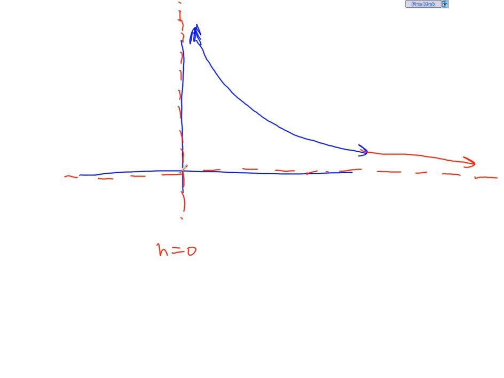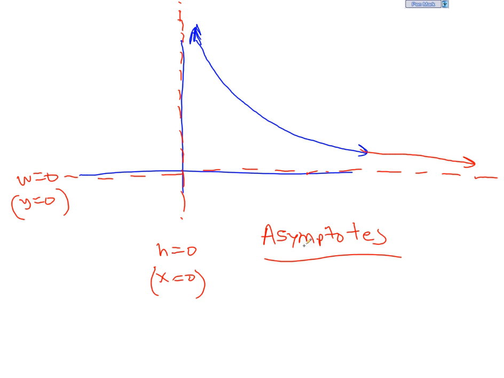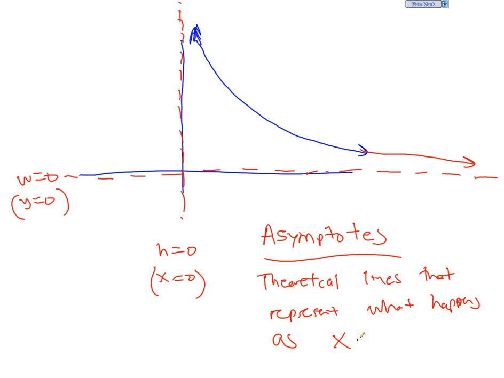So this would be your wage equals 0, the horizontal line, or y equals 0 if you think that way, and this would be the line x equals 0 if you think that way. These are what we call asymptotes. It's kind of hard to say, but basically these are theoretical lines that represent what happens as the input, I'll just call it x, approaches infinity, or as x